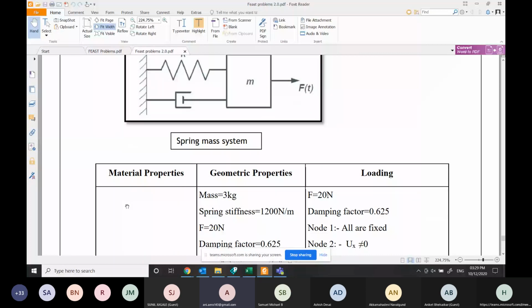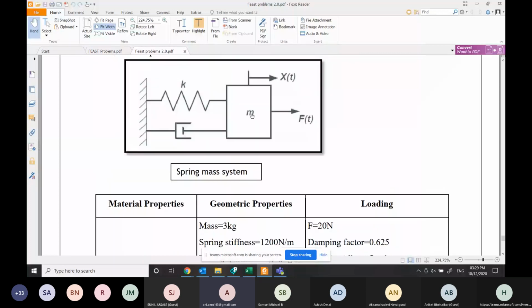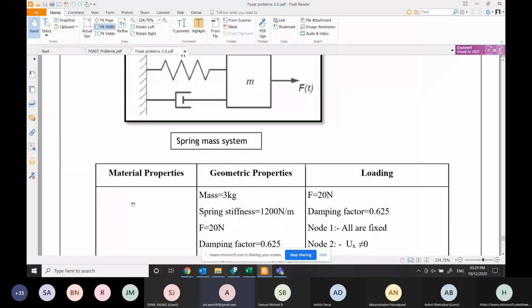This is because we are applying the value of mass, so the software at its end will generate the mass matrix. Since we have also defined the value of K, the software will create its stiffness matrix. So stiffness matrix we have already defined, mass matrix we have already defined, so there is no need of material properties.